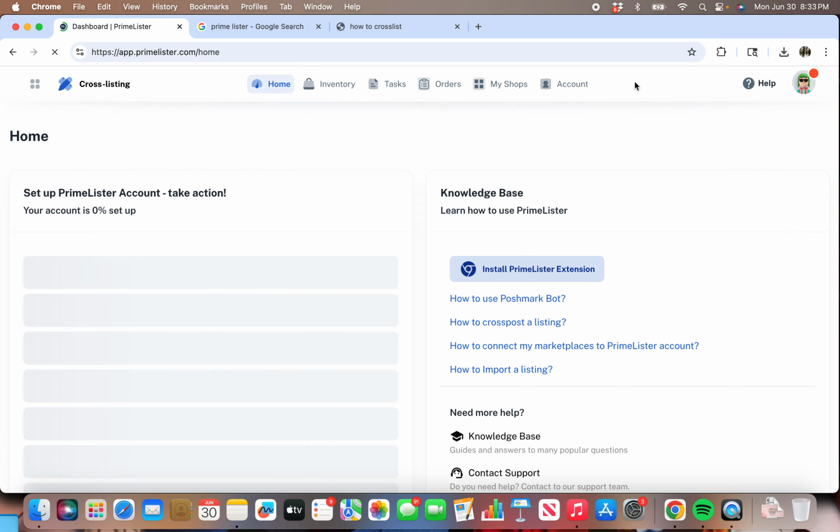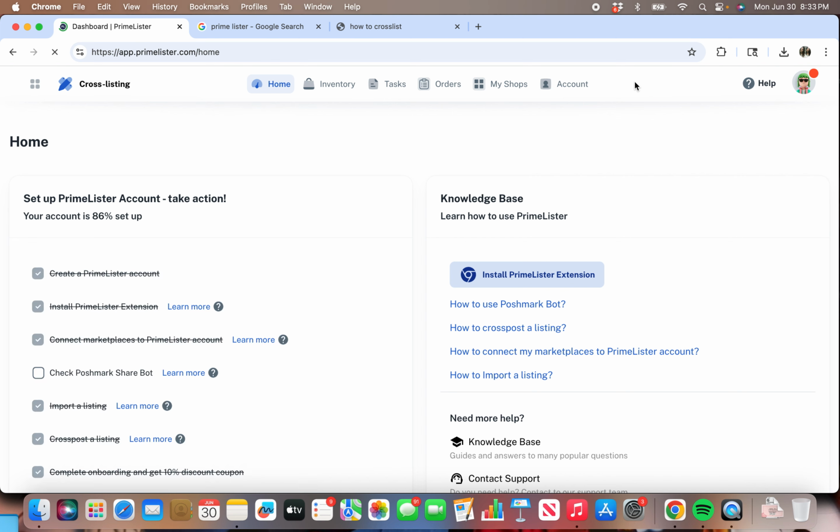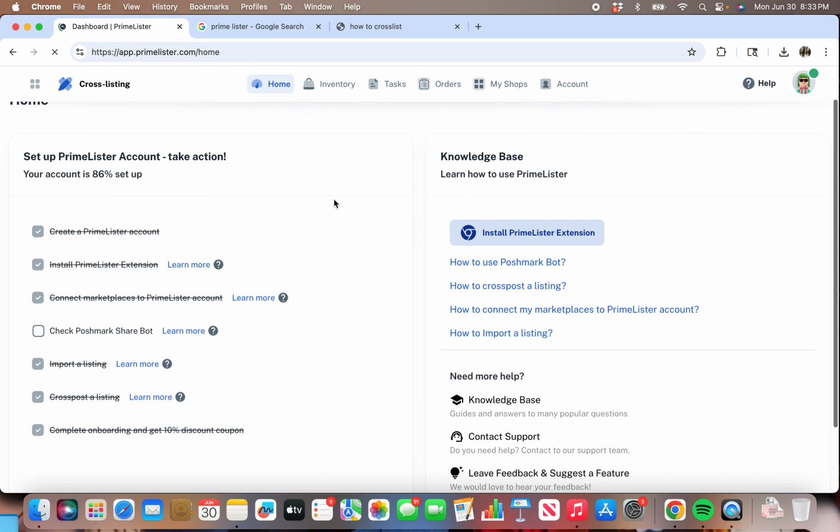Then it's gonna bring you to this screen eventually. Okay, so over here on the left side, it says set up Primelister account. Now I already clicked through and did a couple of the things. So if you already created an account, this will be a strike through item. And then you need to install the extension, which is gonna be over here on the right. Now, mine's already crossed out because I already downloaded it, but I'm going to redo all of this as a